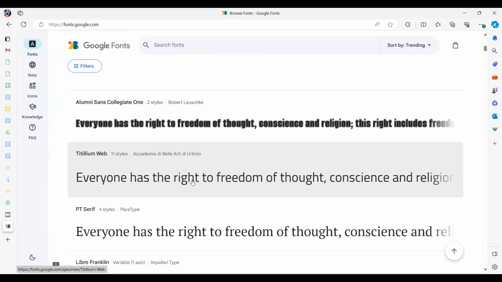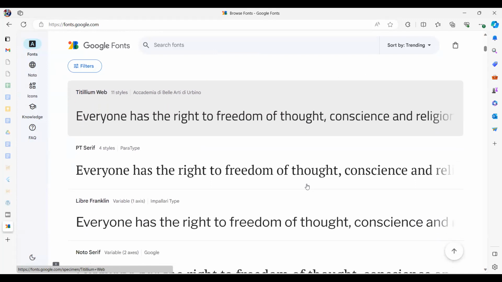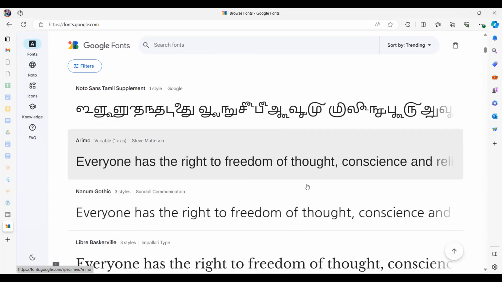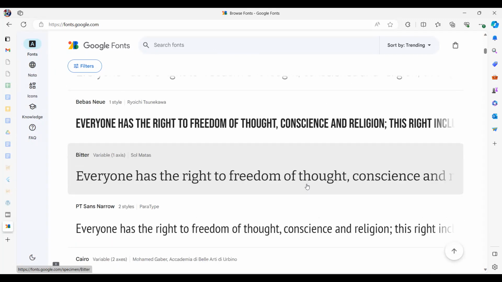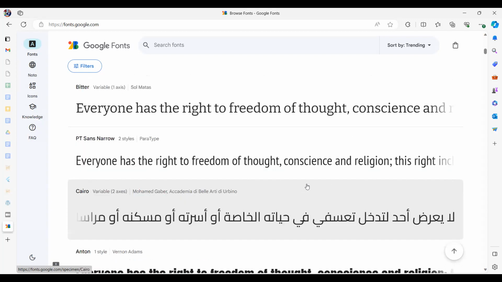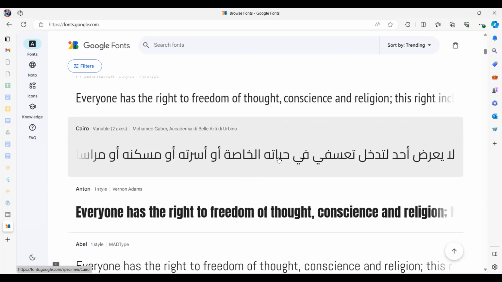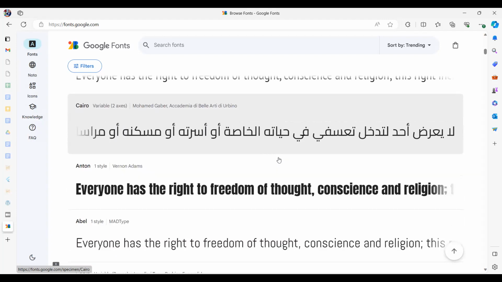Now here's another one like that. Titillium Web. If you look at the angles, they're very different. So there are lots of fonts. Right, and here's another one. This is called a slab serif. Different kinds of Arabic, Tamil, Sinhalese.